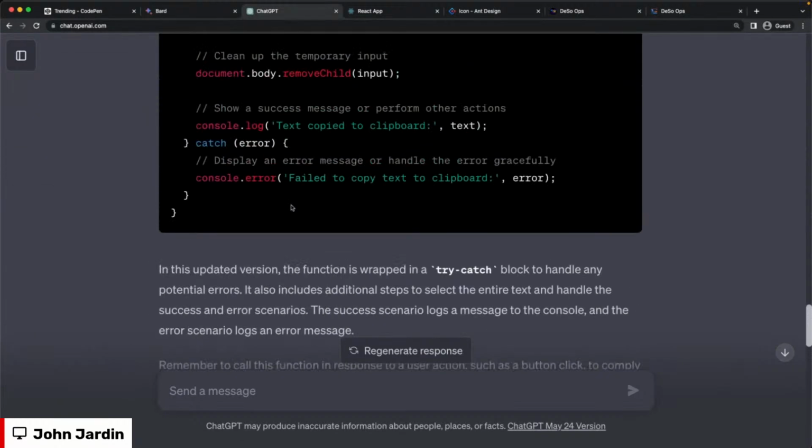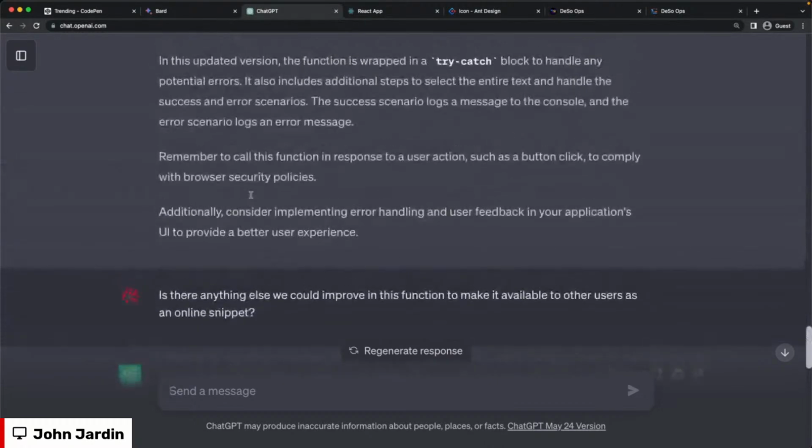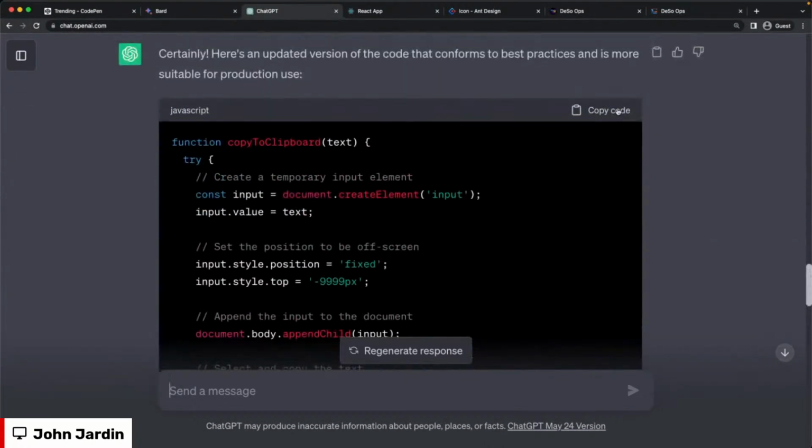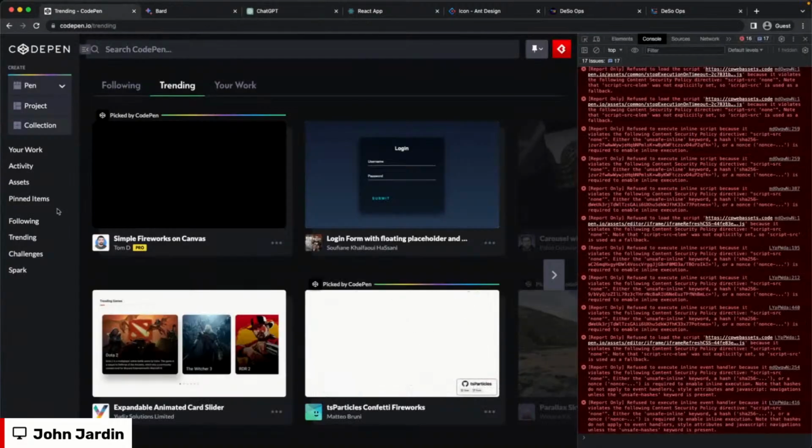But it's doing everything the same. I'd rather go for this. All right. Copy to clipboard. So I'm going to go to